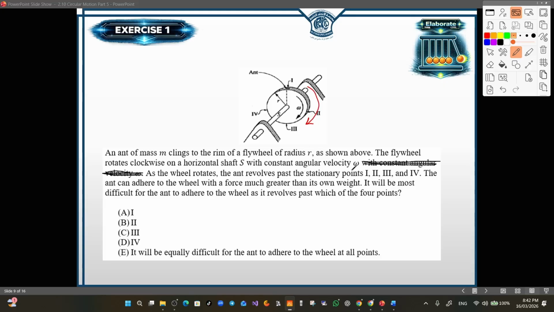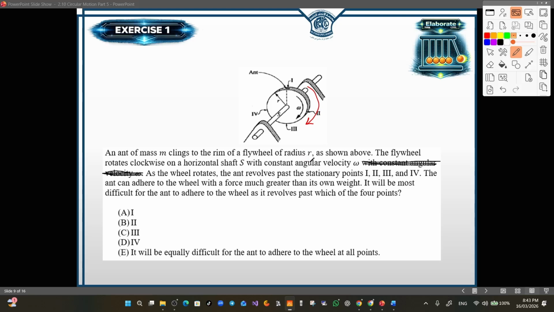As the wheel rotates, the ant revolves past the stationary points I, II, III, and IV. The ant can adhere to the wheel with a force much greater than its own weight. It will be most difficult for the ant to adhere to the wheel as it revolves past which of the 4 points? Okay, so when solving this question, the key idea is to think in terms of forces, and more